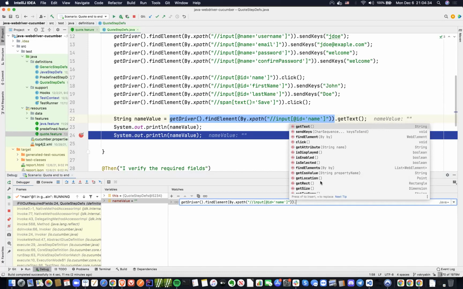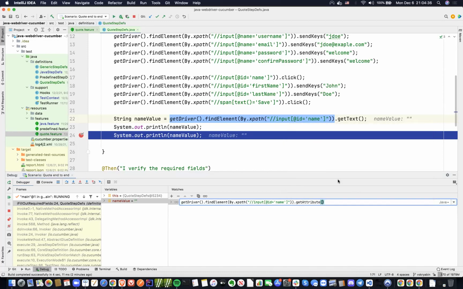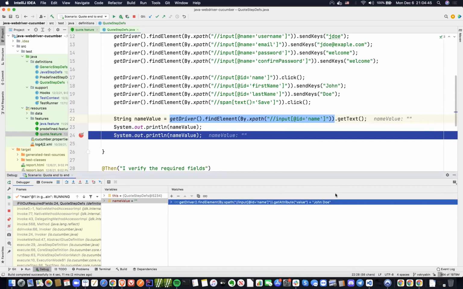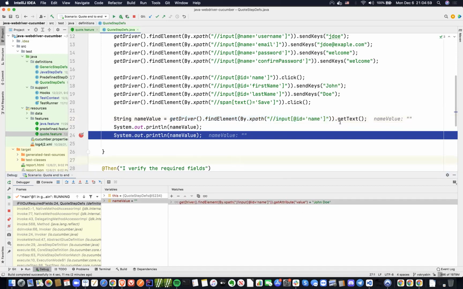Get attribute. Exactly. An attribute name is what? Value. Yeah, value. Then I get what I need. So just don't confuse it. It's a common mistake. We looked at it already in a different scenario, but now we're looking at it in pure Java, so that doesn't change things. Okay. So if you want to really get the data, use get attribute,